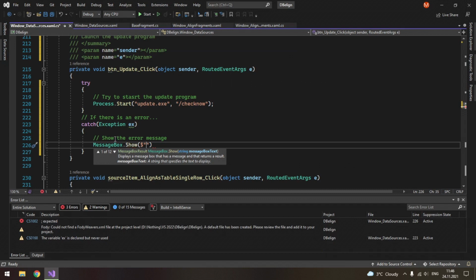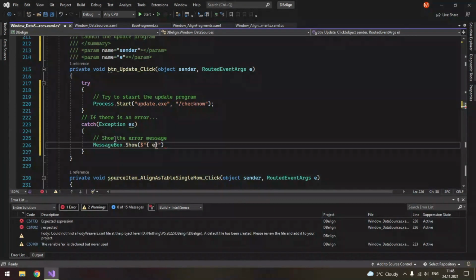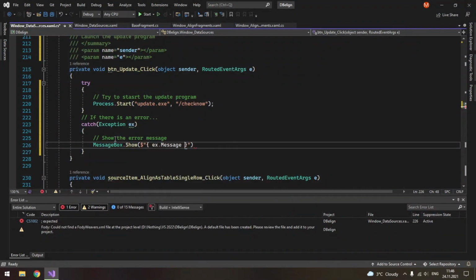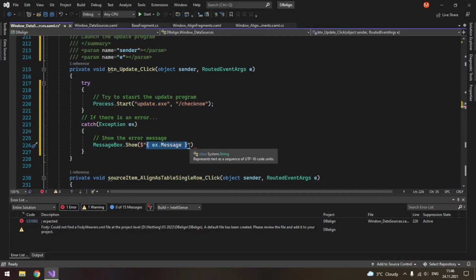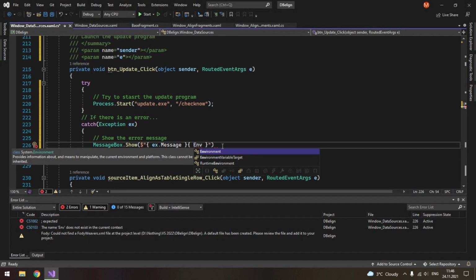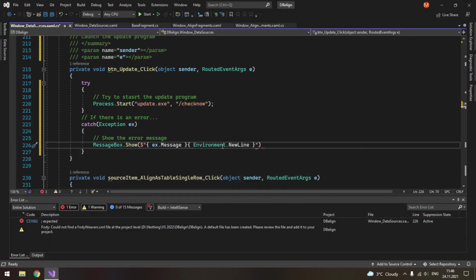and first we will show ex message, and then we will insert a blank line, environment new line, and then we will type the product page will be opened.